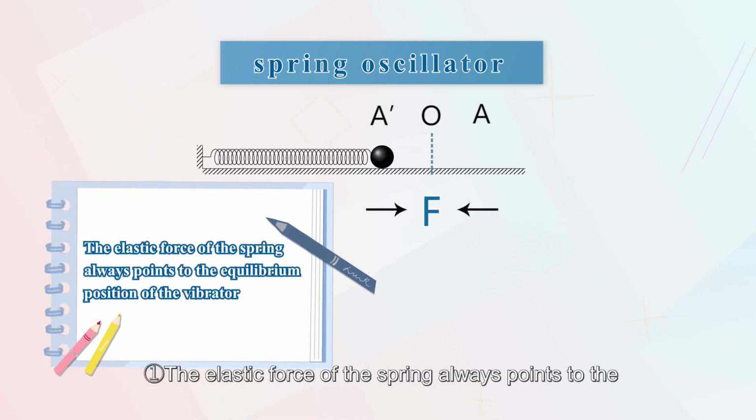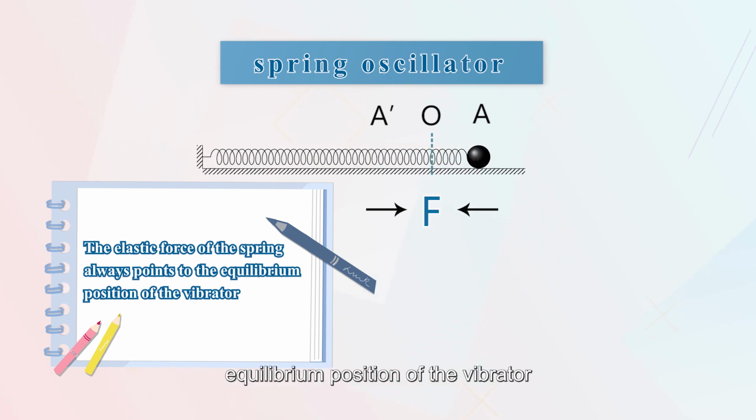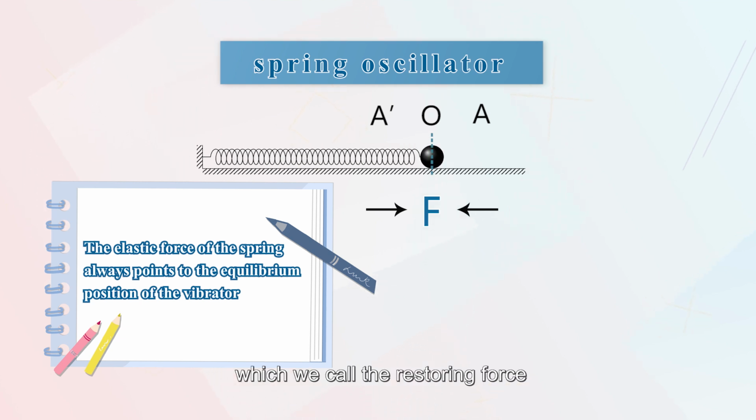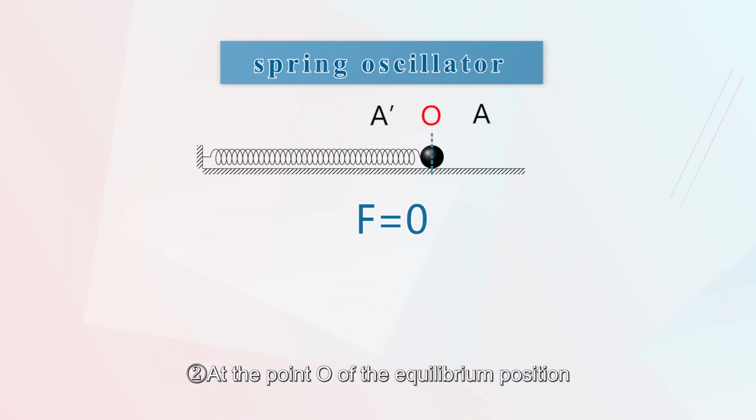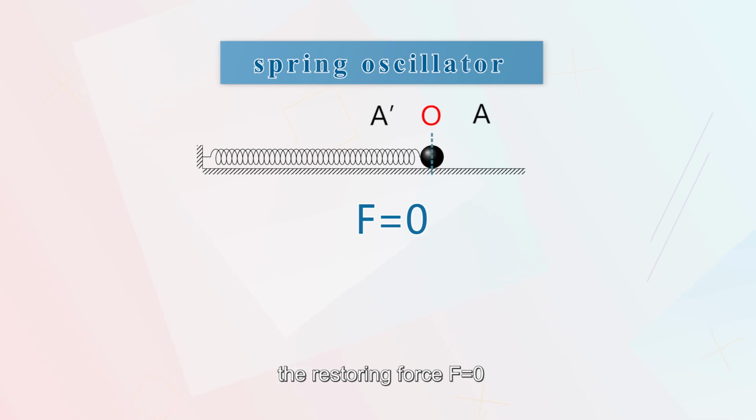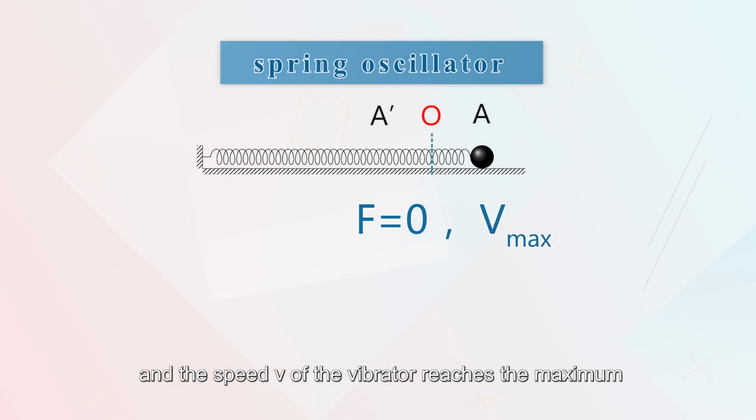The elastic force of the spring always points to the equilibrium position of the oscillator, which we call the restoring force. 2. At the equilibrium position point O, the restoring force F equals 0, and the speed V of the oscillator reaches the maximum,